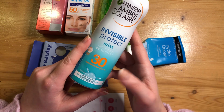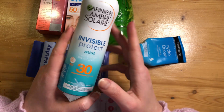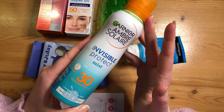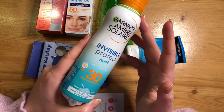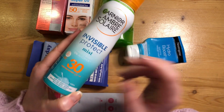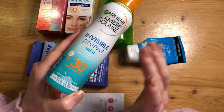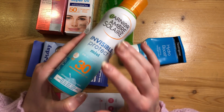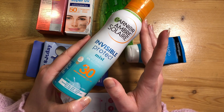But yeah, this has vitamin E, aloe vera. It's very calming. It stays cool in this packaging, and I quite like it. But it's a mist. You have to spray a lot to actually get the proper SPF. So it's more just for when you're traveling and you want to have something extra. So I would put a proper body SPF in the morning, and then I would just reapply my SPF with this, especially on vacations or when it was super hot and sunny in the